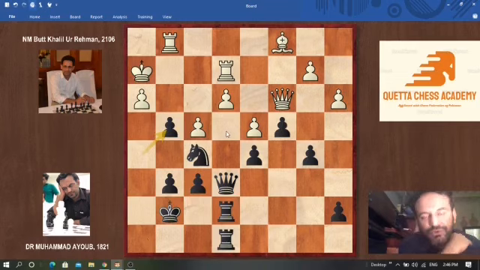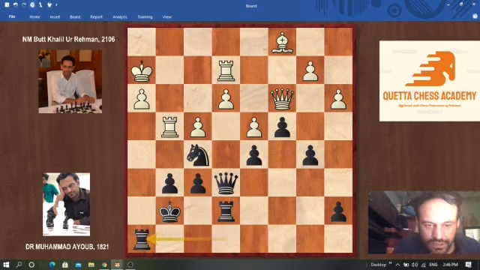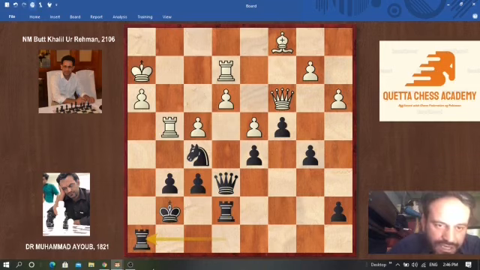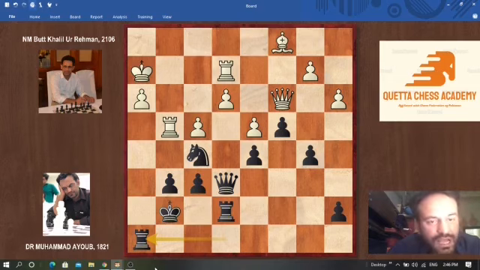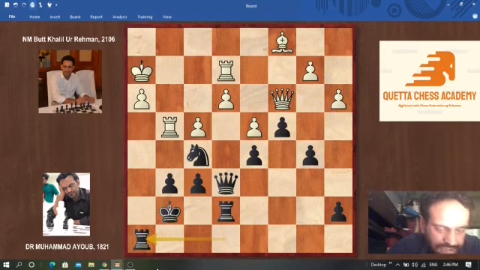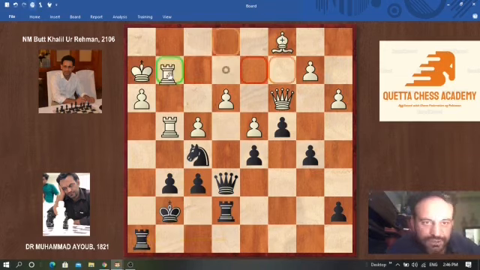So he took with the rook, and I came back to h8, and now I have domination all over the board. Over the queen side my pawns are extended and maybe moving anytime after the exchange of queens. I have semi-open files h and e, so he tried to counter this with